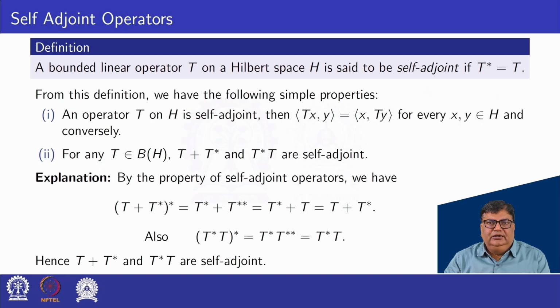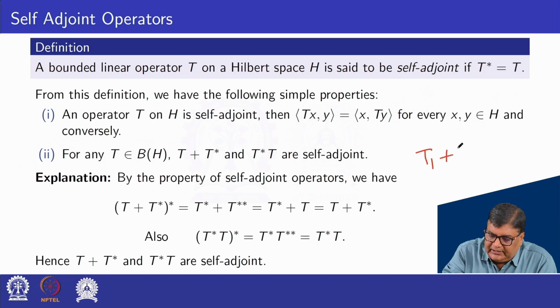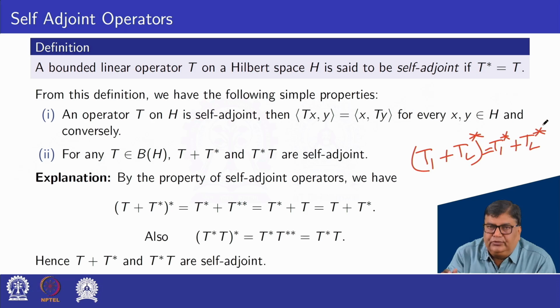So we know the property that (T1 plus T2) star equal to T1 star plus T2 star. So applying this property on this, we have T star plus star of T star,